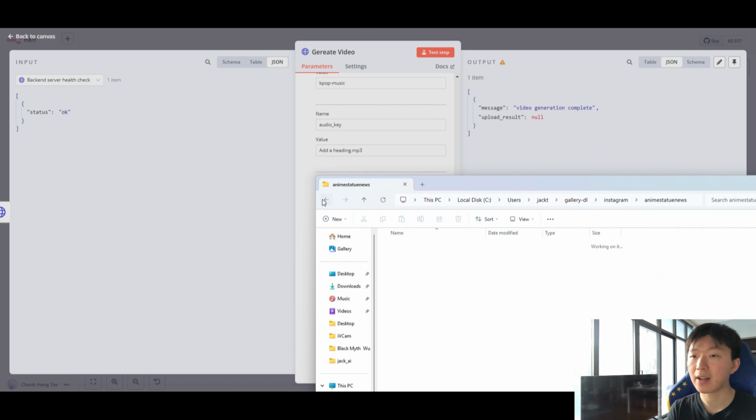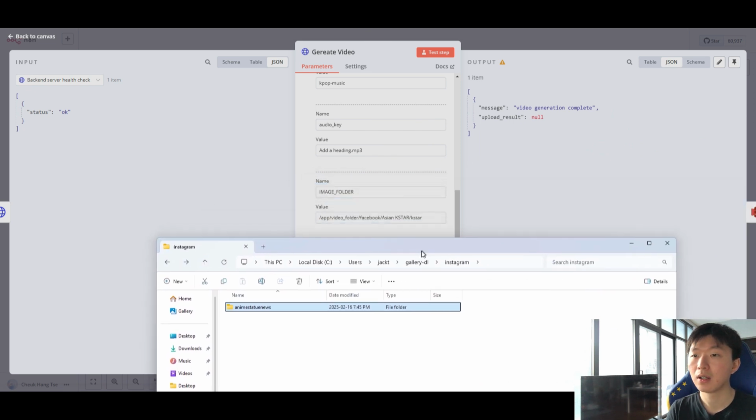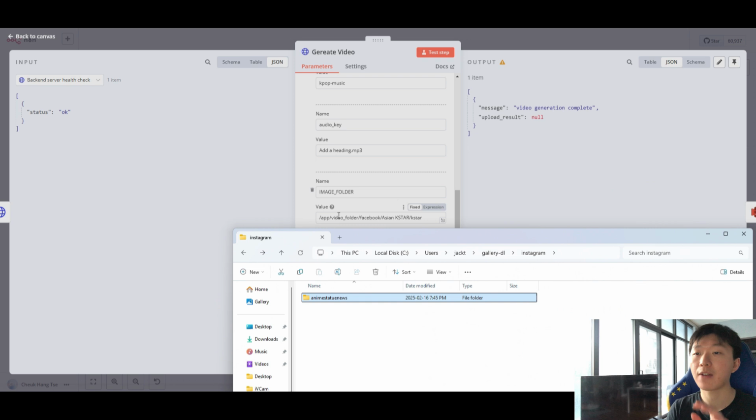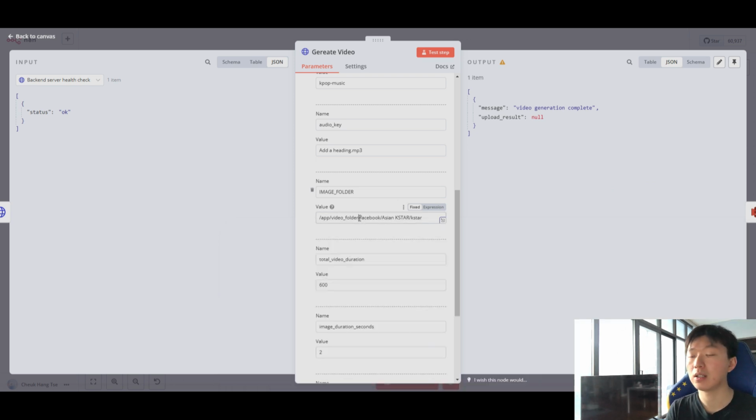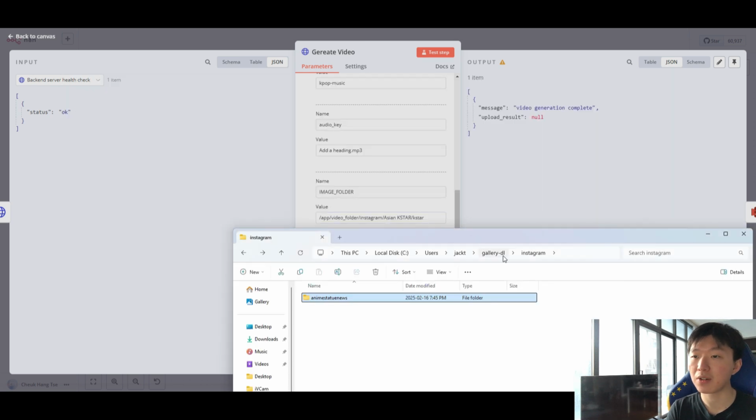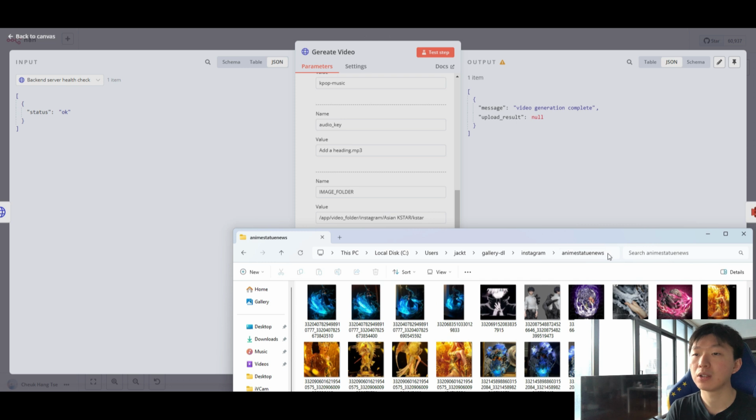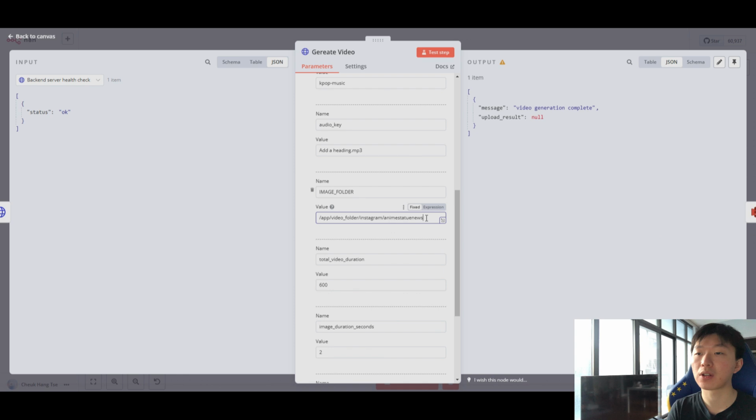So for the first part, app video folder, we won't touch it because we have it set up when we are doing the Docker image. For the middle part, in here it is Facebook something, right? We are doing Instagram, so we put Instagram in there. For the last part, we change it to the folder name that you're having. So by doing this path, you have to make sure this is the path that has all the images and